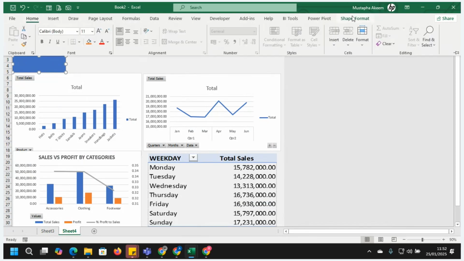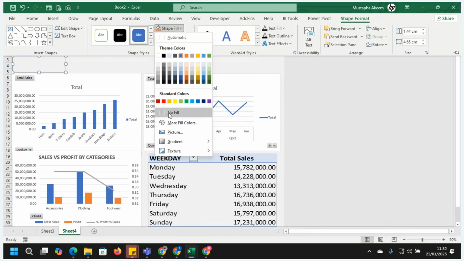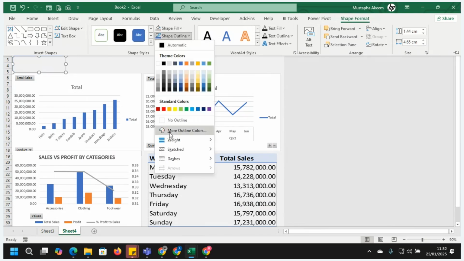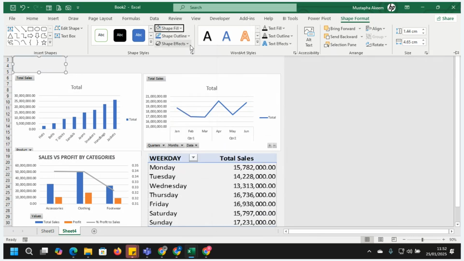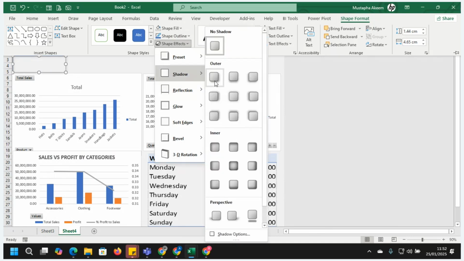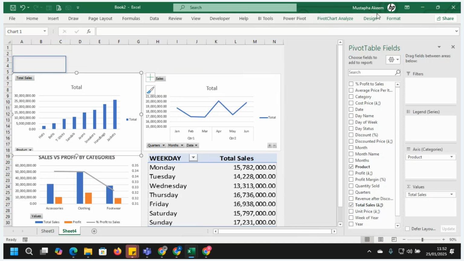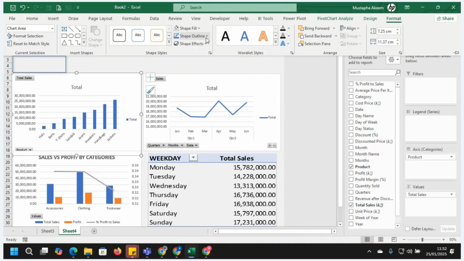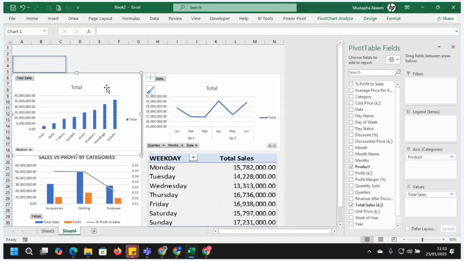Click on this. We have shape format, and I can make the shape fill to be no fill, and I can make the outline. Let's add an outline to it. Thick outline and the shape effect. Let's add the shadow to this. So you can see what we have here. You can also do the same thing with all these also. This one that we have there, you can just come to format, you can add an outline to it, and you can give it a shadow. You can see that it's now looking like a 3D of the thing.